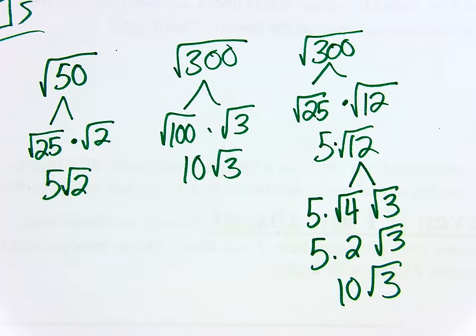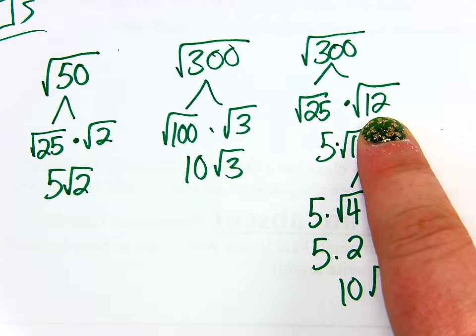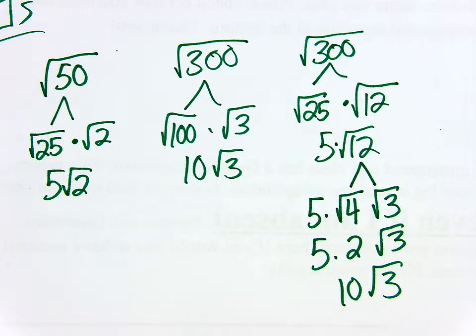Why would you bother? So it's in your interest to take an extra 10 seconds and make sure that you have the largest perfect square that divides into a number. Okay? And if you're not sure, don't continue if you see that this number also has perfect square factors. So let me give you, let's do a tougher one. How about,